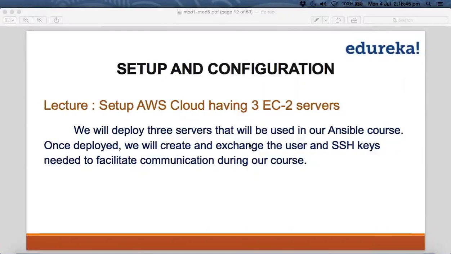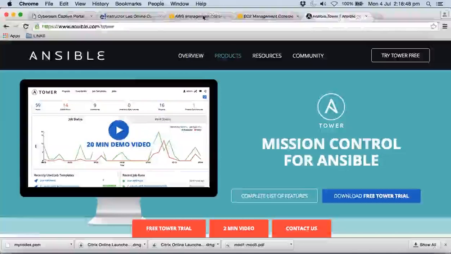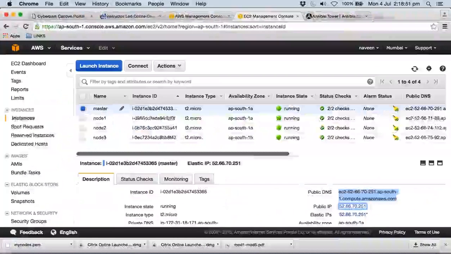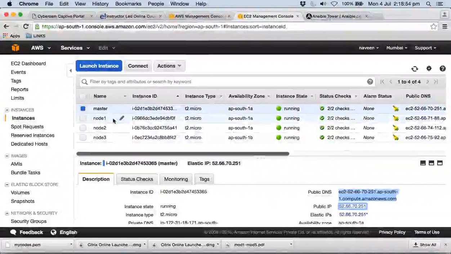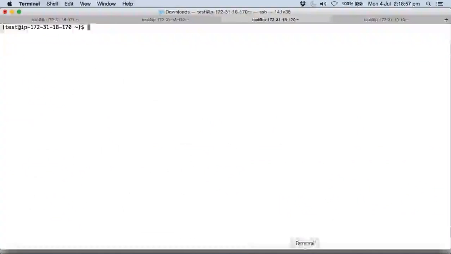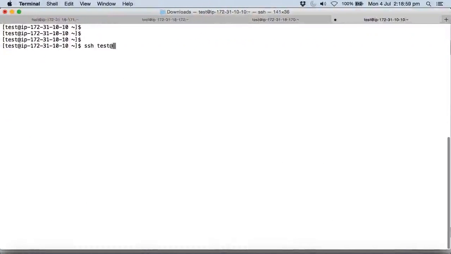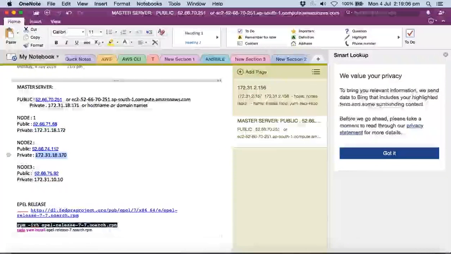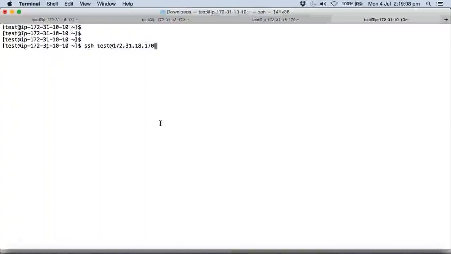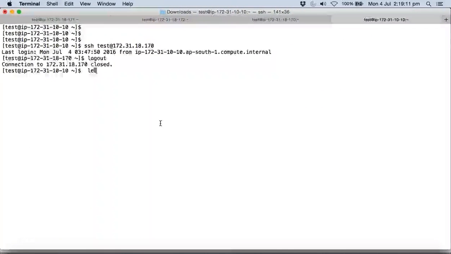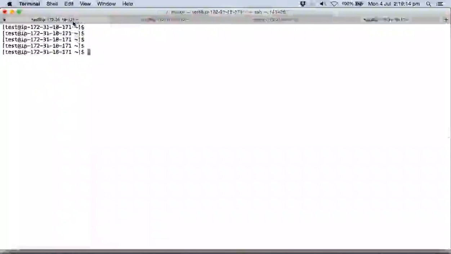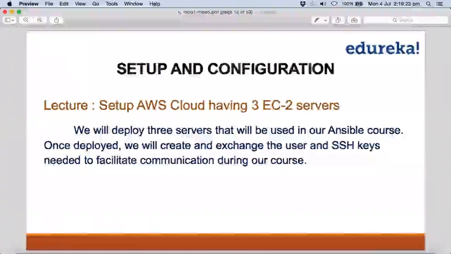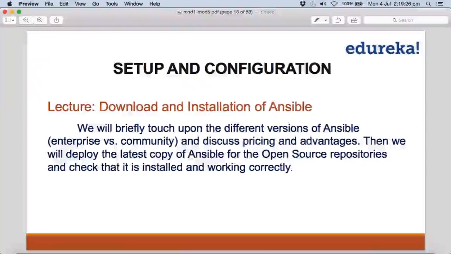Okay, so we deployed 3 to 4 virtual machines in an AWS cloud, where we have named one the master, and we have named the clients node 1, node 2, node 3. We have tested the interconnectivity between these machines using the test account, and we have verified that it's not going to ask for a password irrespective of which connection we use between these machines. It has interconnectivity using the SSH protocol across all the machines, from master to node 1, node 2, node 3, from node 1 to master, node 2, node 3, and vice versa. So now this lecture is going to start with deploying and installing Ansible,